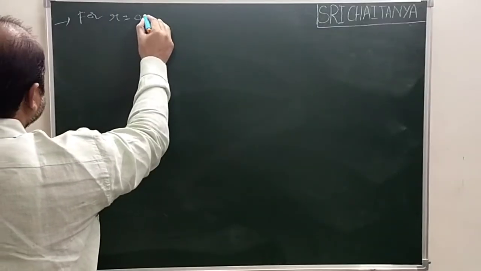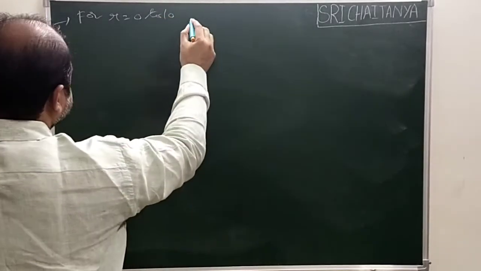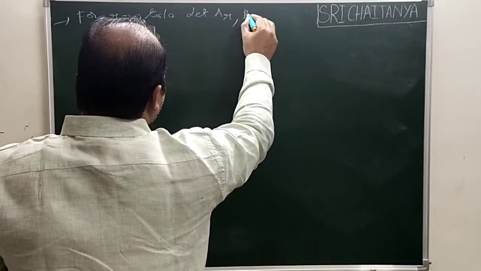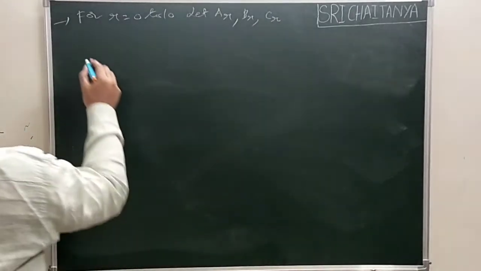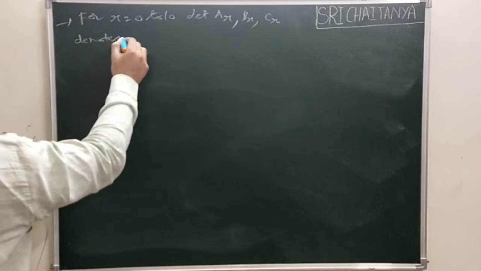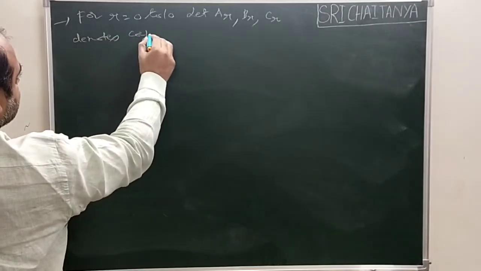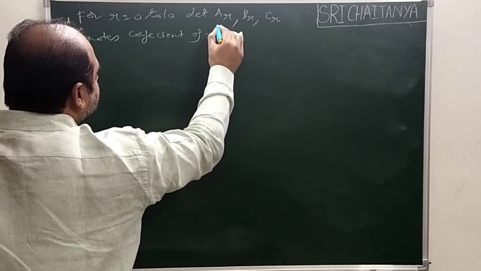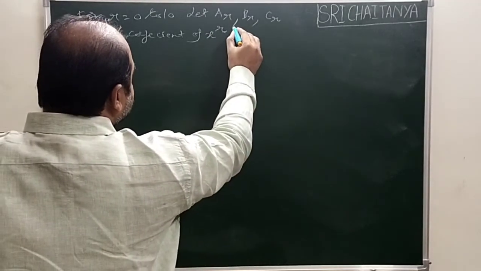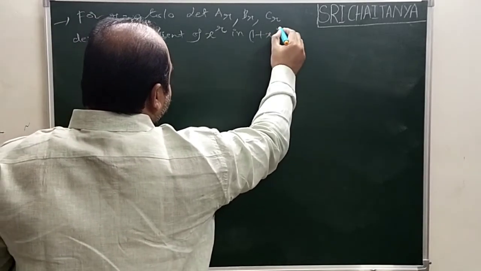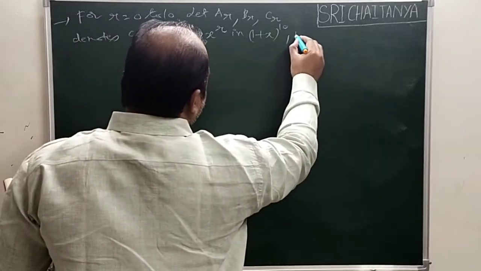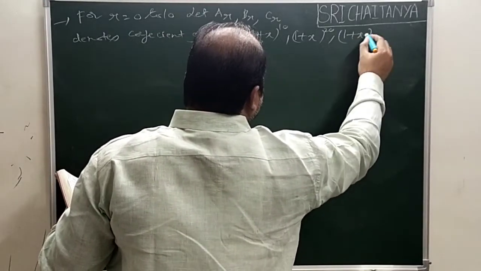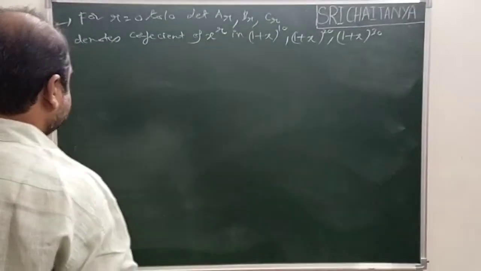For r equal to 0 to 10, let a_r, b_r, c_r denote the coefficient of x to the power r in the given three expansions: (1 plus x) to the power 10, (1 plus x) to the power 20, and (1 plus x) to the power 30. Then,